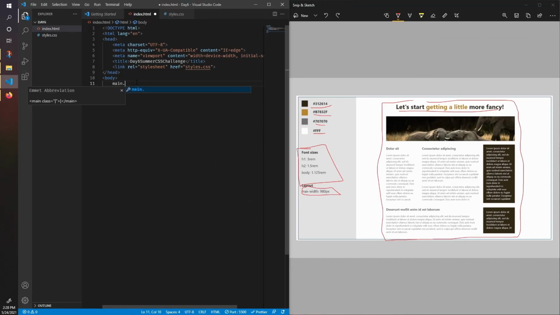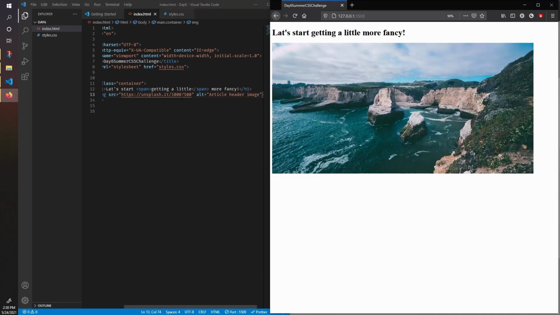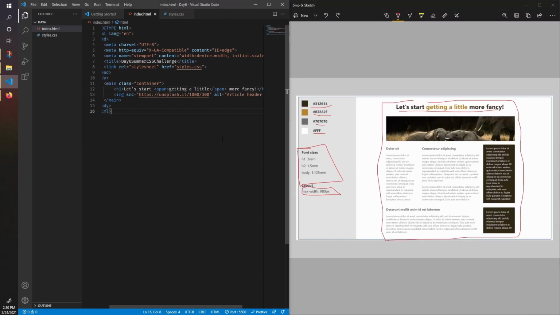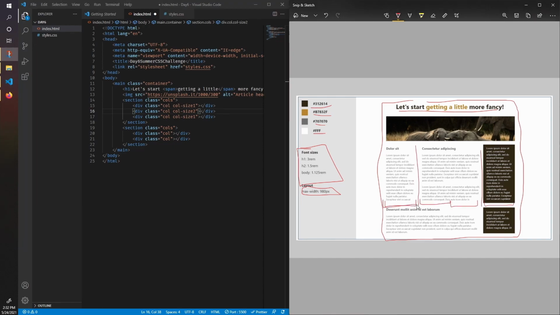So I went ahead and laid out the main HTML for the whole document, including a main container that I was going to use to resize everything to a set max width of 980 pixels. And then I used Unsplash to source an image of about 1000 by 300, which I change a little bit later as well. From there, I used sections to create the little rows for the top half and the bottom half with the paragraphs and whatnot,